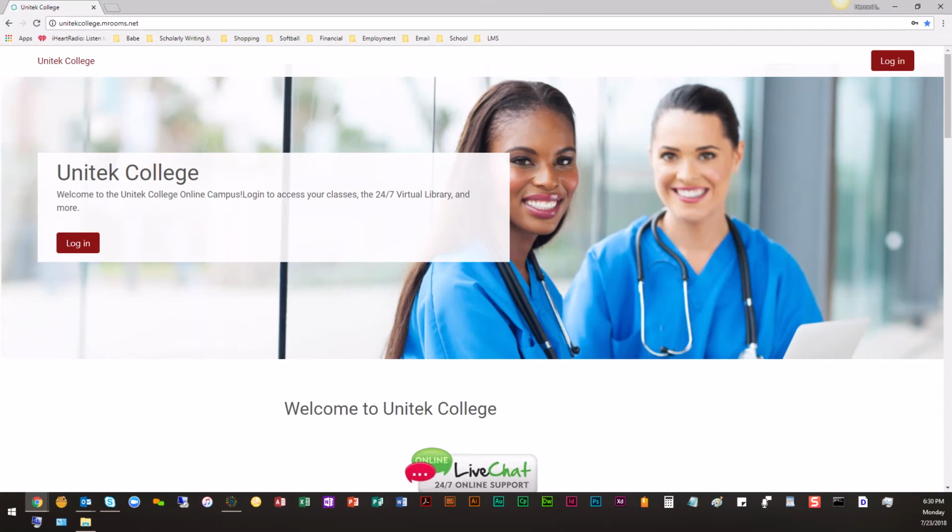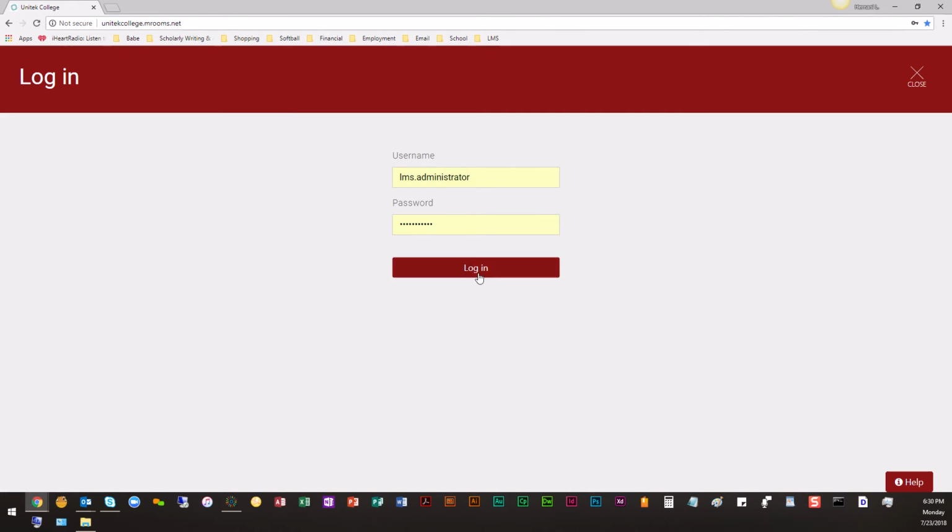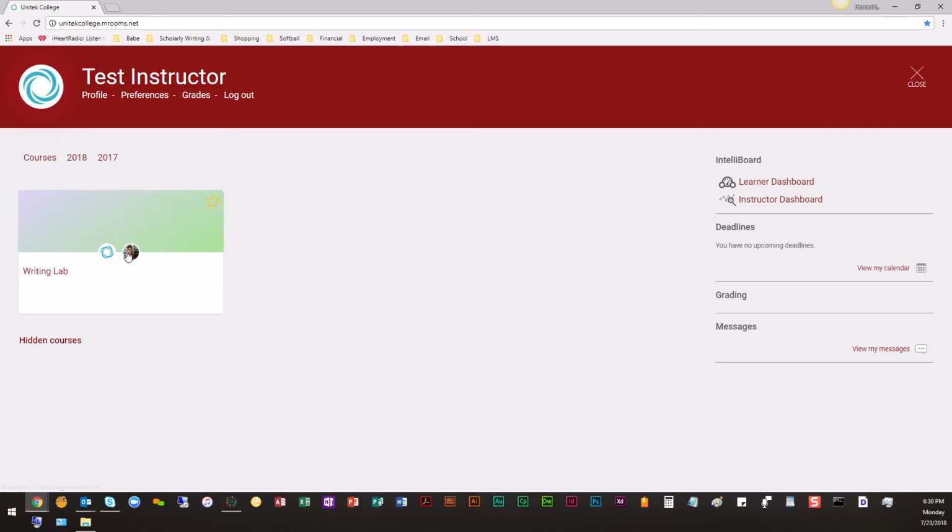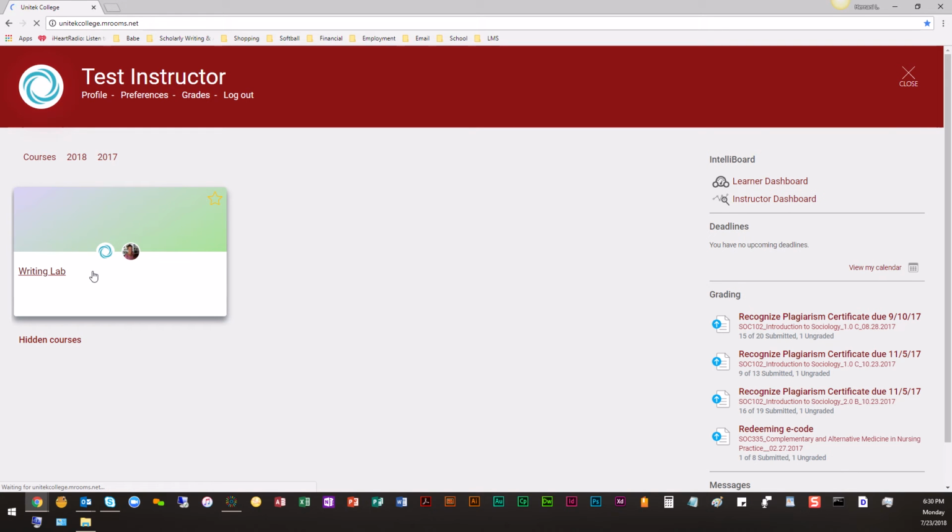Hi everyone, I wanted to go through a quick setup of a Turnitin assignment in Moodle Rooms. So let me log in as my test instructor, and I should have a writing lab course that I will log into. Michelle, forgive me, I'm going to be unhiding one of your weeks, which is topic 6, and then adding an activity there. So once this logs in,